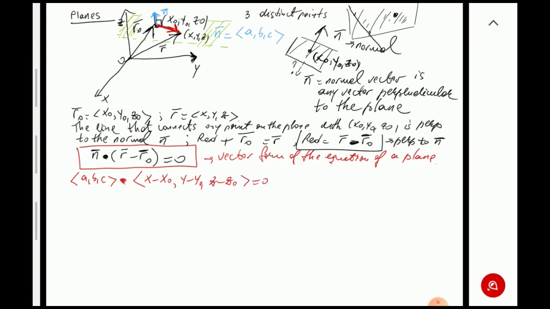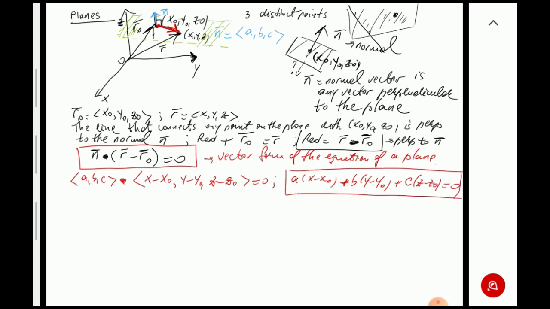So if we perform the dot product, we end up with a times x minus x naught, plus b times y minus y naught, plus c times z minus z naught equals 0. This is the form that we're going to use most often. The equation basically of a plane,